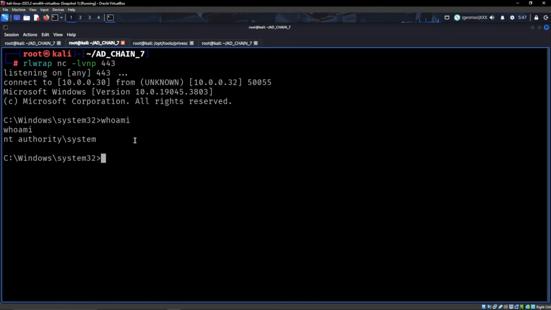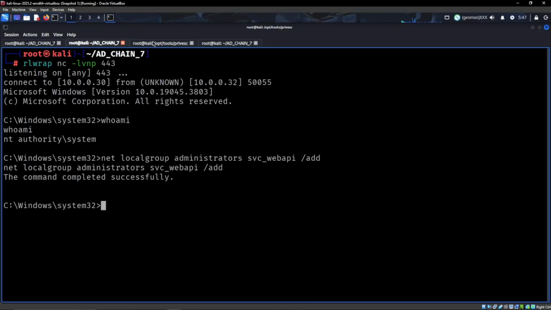Now as system or an administrator, we can pretty much add this user into the administrators group so that we can dump all hashes with netexec. And yeah, let's try that. So let's do net localgroup administrators